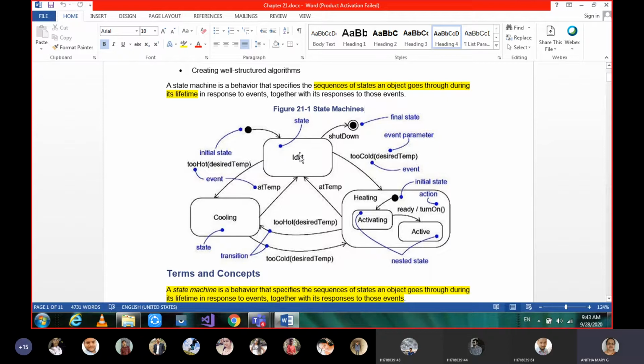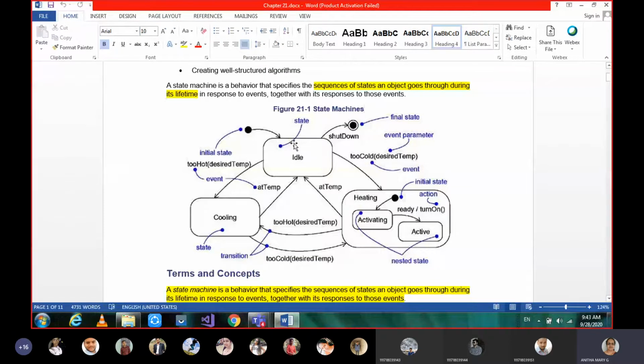The system is in the idle state when it is too hot, above the desired temperature. Maybe something like the heaters or geysers that we use in our day-to-day life at home.